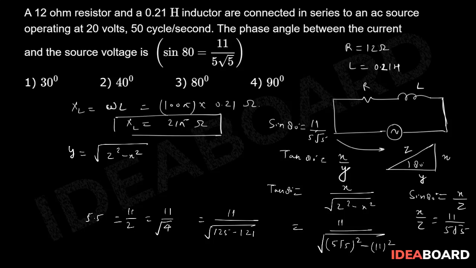So pretty interestingly, you have seen that we got the value of tan phi earlier, which was 5.5, and tan 80 degree is also coming out to be 5.5. That shows that phi is equal to 80 degree only. So it is a bit of a tricky question, but the value of sine was given, so it became straightforward and simple. Fine. So which option has to be the right choice? Third option, 80 degree should be the right choice for us.